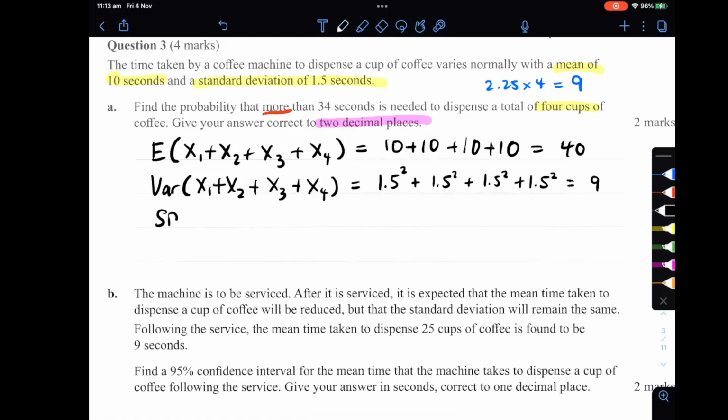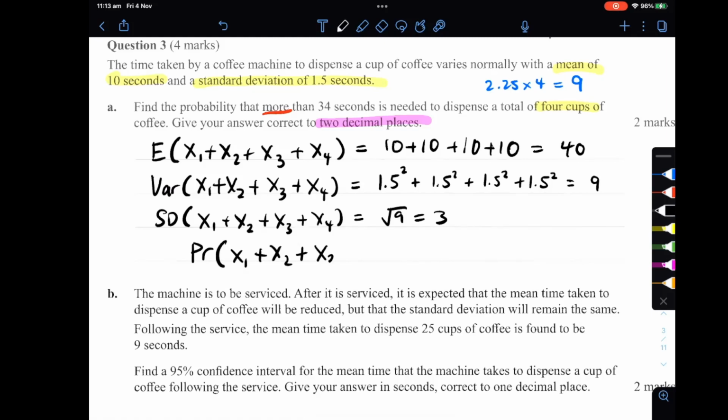And so the standard deviation is quite nice. Okay, so that's what we know about this distribution. It's got a mean of 40 and a standard deviation of 3. So if we find the probability that x1 plus x2 plus x3 plus x4 is greater than 34,